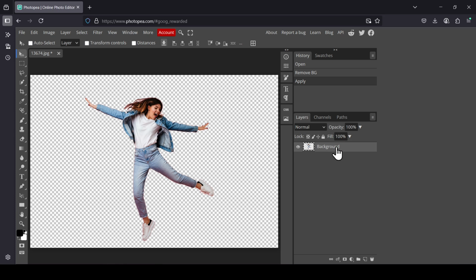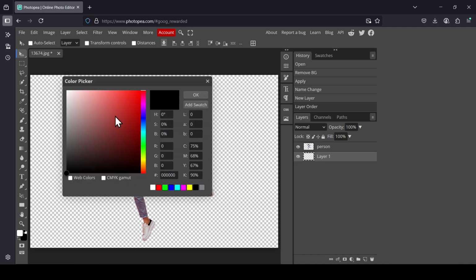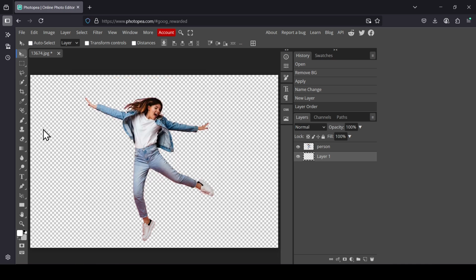And now double click on the name, I'm going to name it person. Press enter. And now I'm going to create a new layer, click on this icon, place it under the person layer, and now I'm going to fill it with the gradient. So make sure the foreground is white, the background left click. I'm going to choose this gray color, press OK, select the gradient tool, change the shape to radial, and now